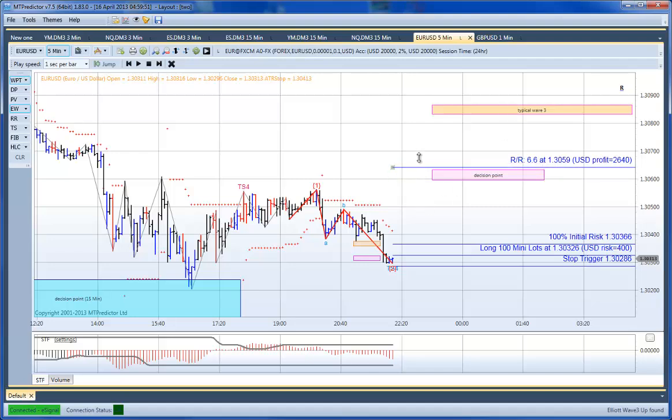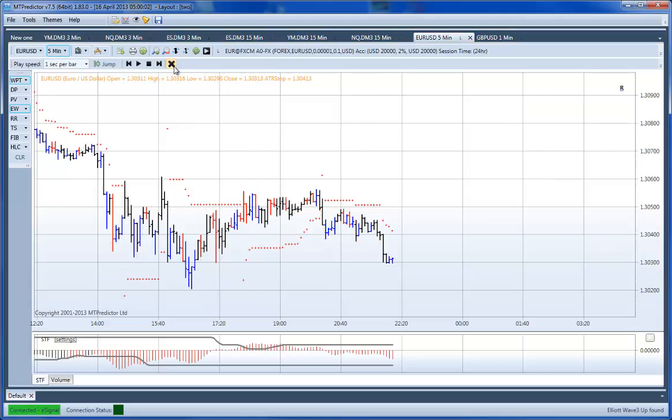So we now know that this up here is our target we should be going for, rather than the first target. And as you can see, this is all done in advance, ready for the market. If I turn trading mode off,